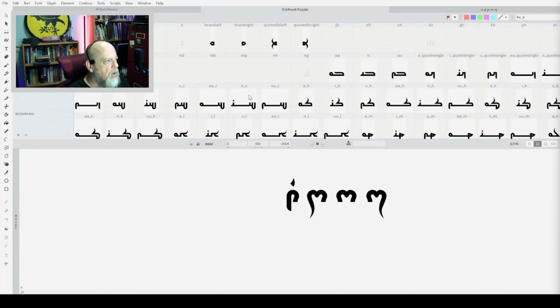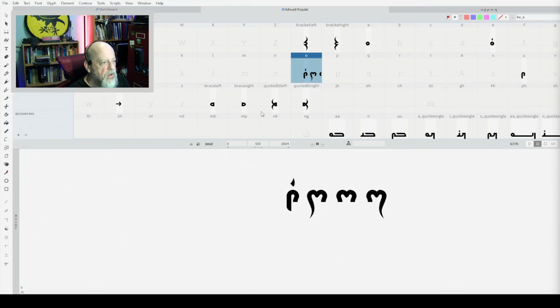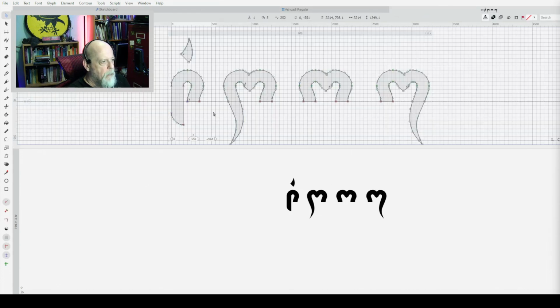Used it in a couple of spots. It isn't the one off of here, but it's very like it. Not that one there, rather. I like to borrow bits of my own glyphs so that I can try and keep the style the same.